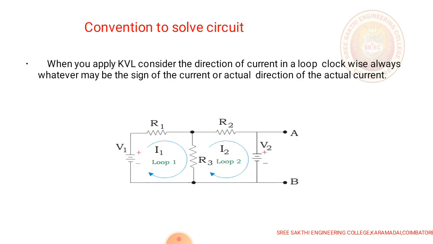Next convention is always consider the current direction in the loop to be clockwise. Whether the branch direction is clockwise or anti-clockwise, always consider the direction of the current in the loop to be